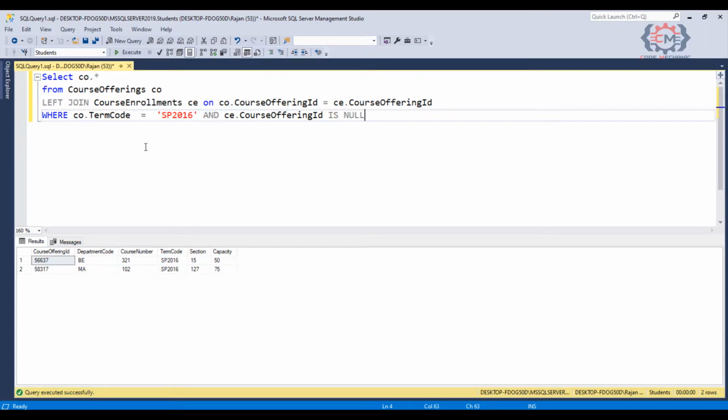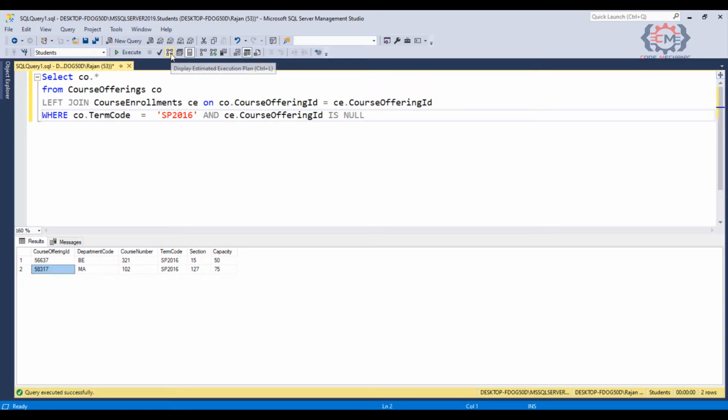To accomplish this, the query is doing a left join and then looking for any course enrollment records that are null, because that indicates that no one signed up for the class. We can see the result in the lower pane, and we see that we do have a couple of sections that no one has signed up for.